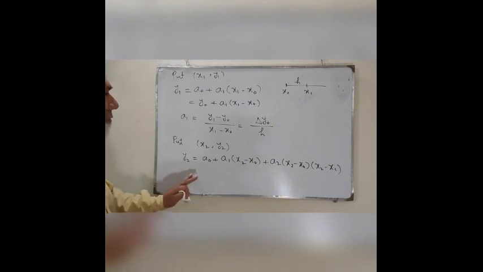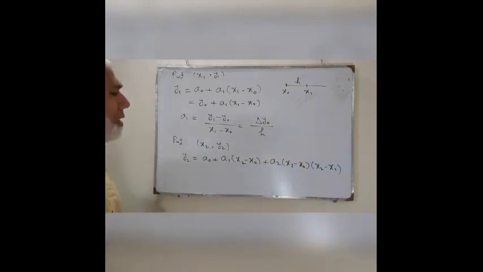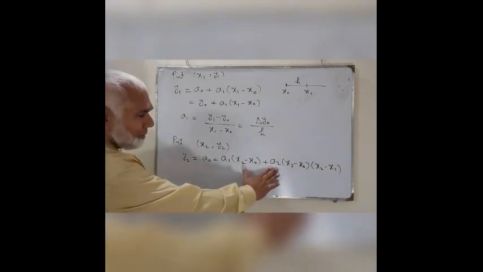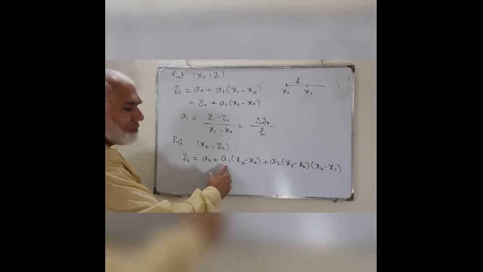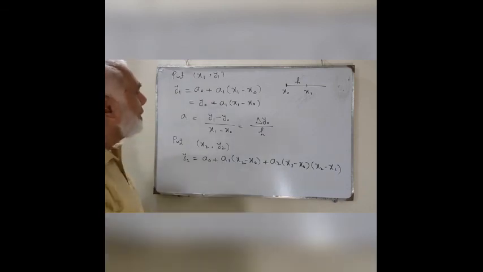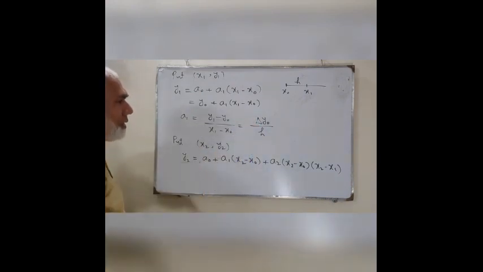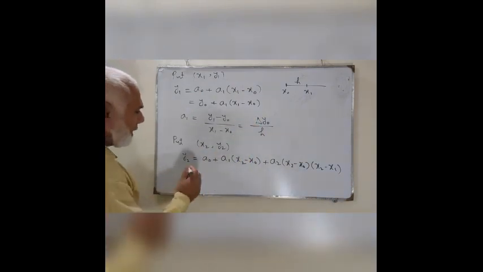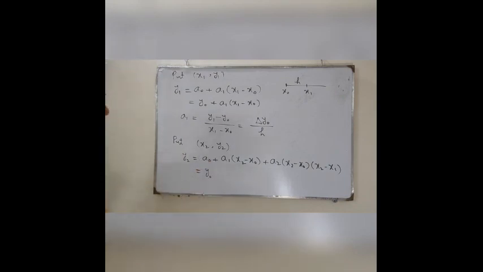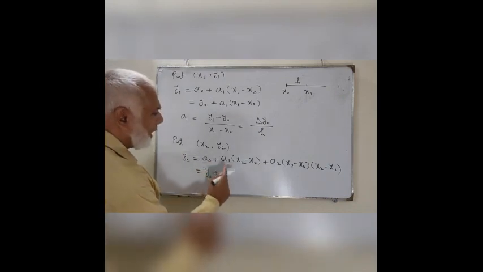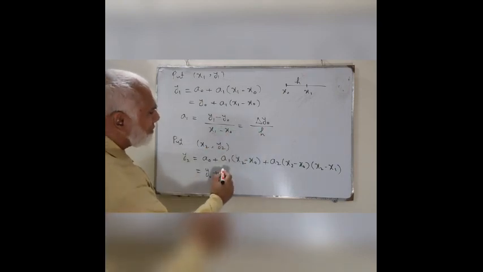After doing this, now we have to separate this a2 from here. In order to separate it, I am putting in the values of these two constants which we have already obtained, which are still on the board. You can see I can replace it by this one. So here we are going to put in the values. So a0 is equal to y0, and a1 is, instead of writing this value, I'm using this part. So this gives you y1